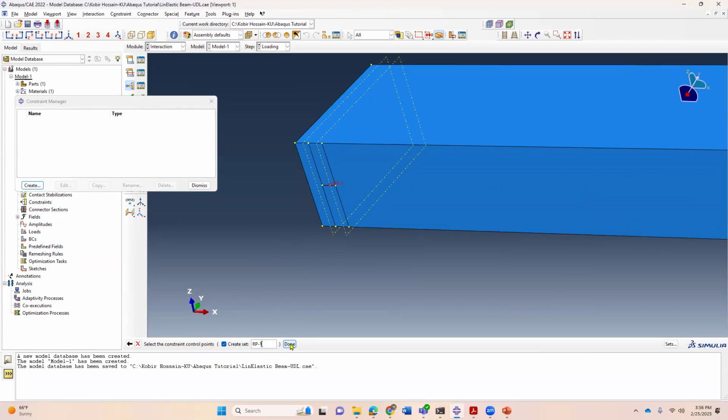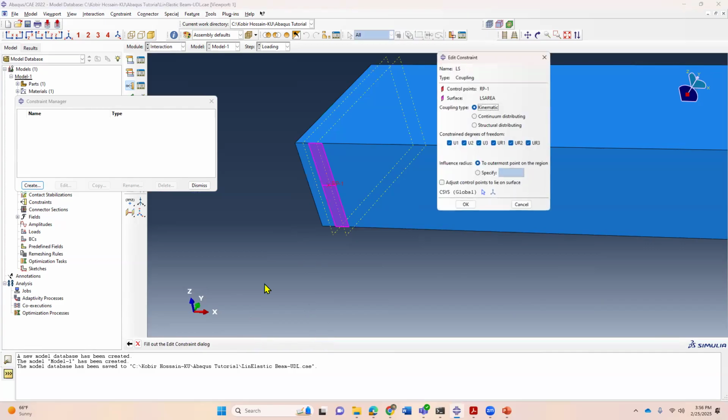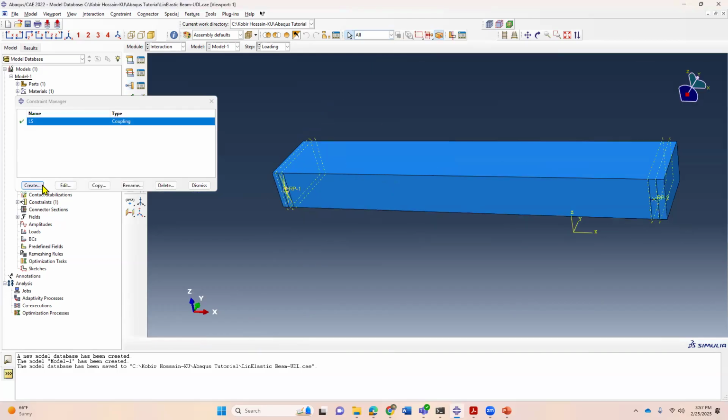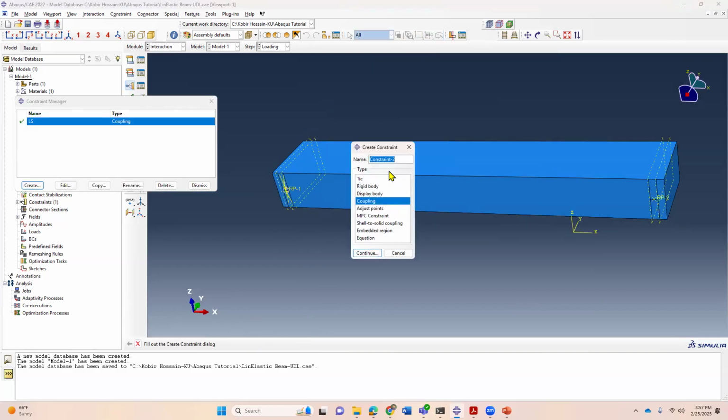We know that the left support reaction is reference point 1. And now it's asking which surface area you want to couple to this point. So we'll click on surface and then click here. I'll create this surface as left support area. Done. And we want to couple all 6 degrees of freedom to this point, okay? It's done. We create another one, say right support,